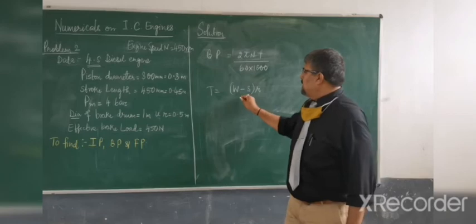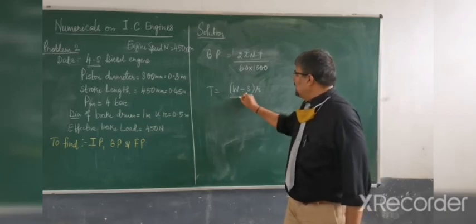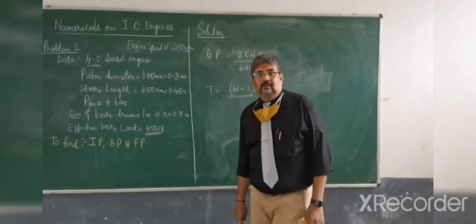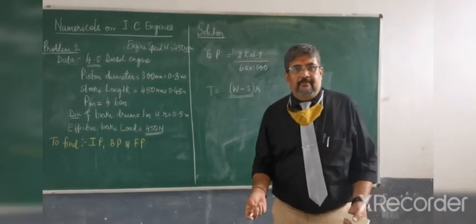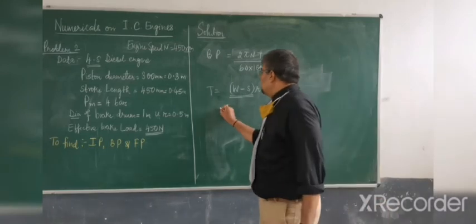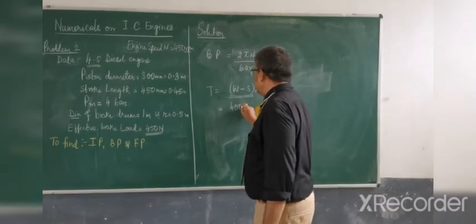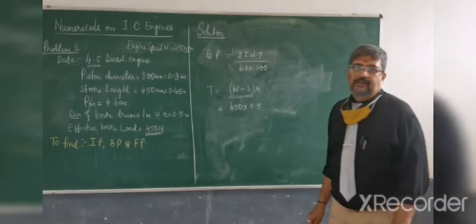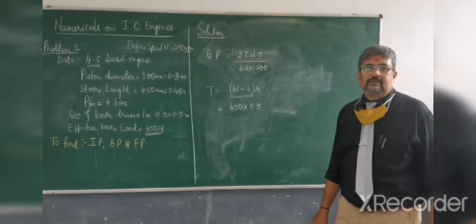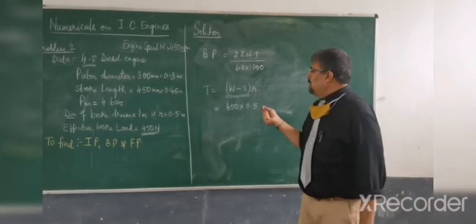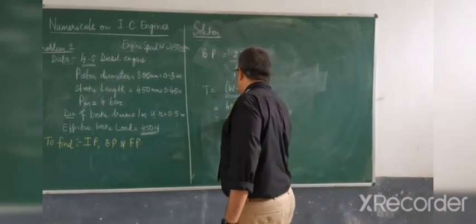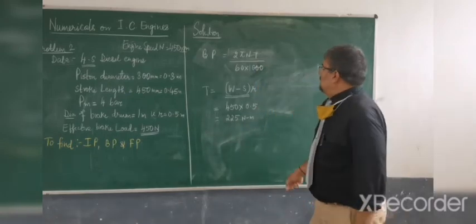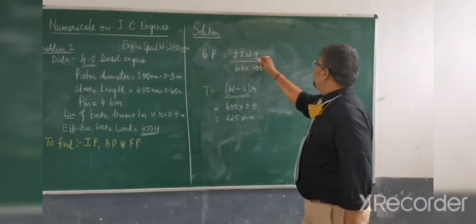But in this case, what has happened is the net effective load, this value directly itself is given as 450 newtons. It is already in newtons. So you don't have to again multiply it by 9.81. Okay. So we will directly take that value. So we will write this as 450 into the radius will be 0.5. Okay, because the diameter of the brake drum is given as 1 meter, the radius of the brake drum will be 0.5. So obviously this is nothing but 225 Newton meter.